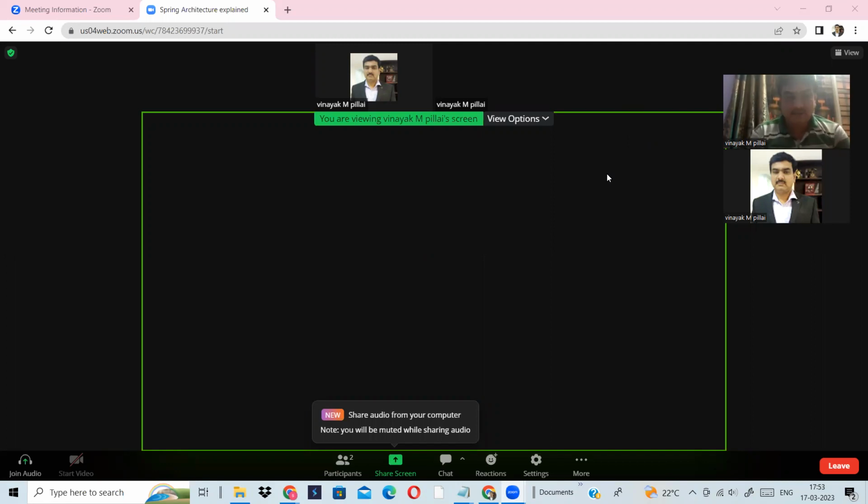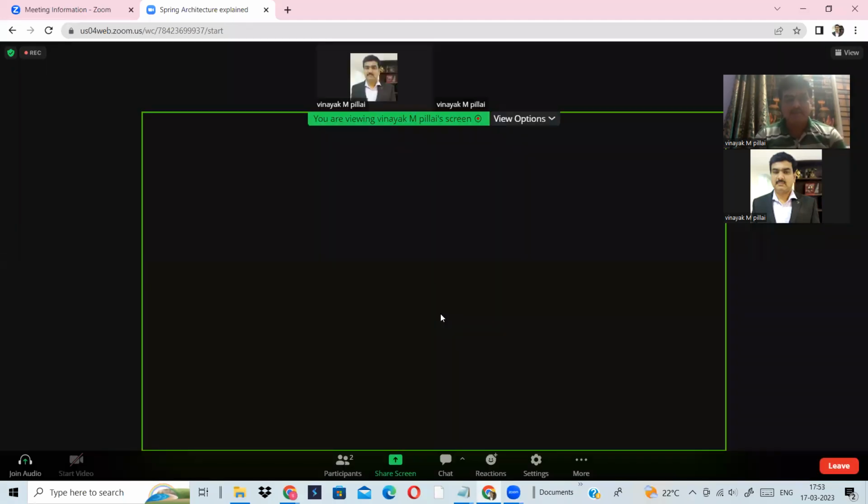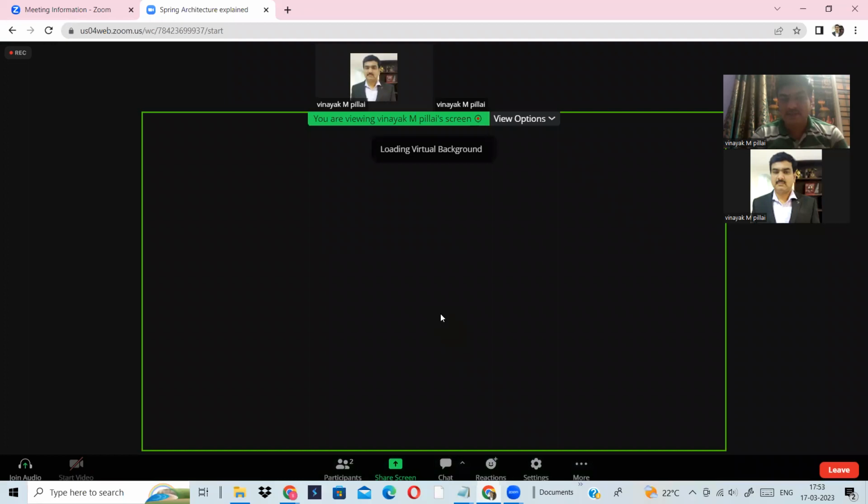So today we are going to discuss Spring architecture. We all know Java has multiple frameworks. There are plenty of frameworks available in Java. To name a few, Struts is a framework, JSF is a framework, Hibernate is a framework, and Spring is a framework. There are plenty of other frameworks available, but as of now, corporate companies have chosen these four